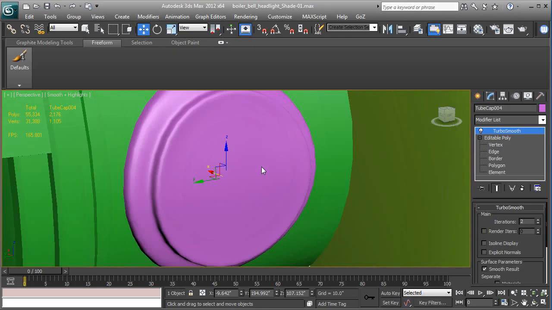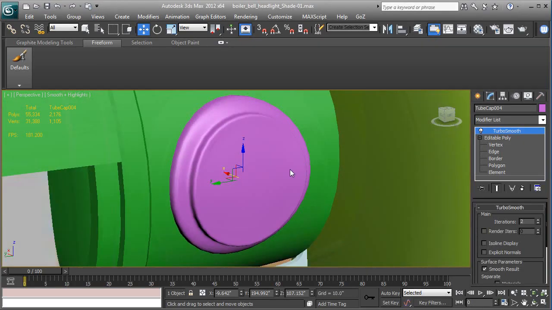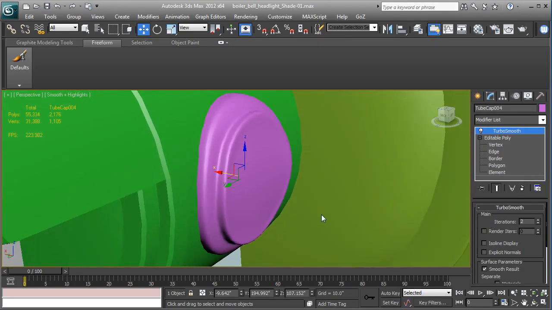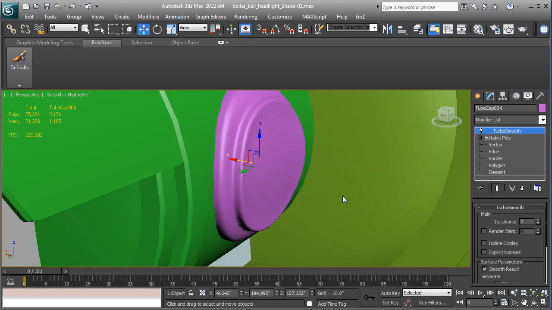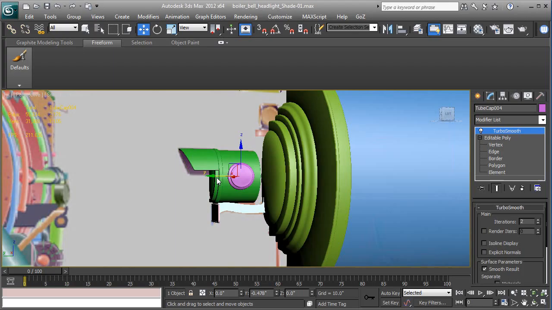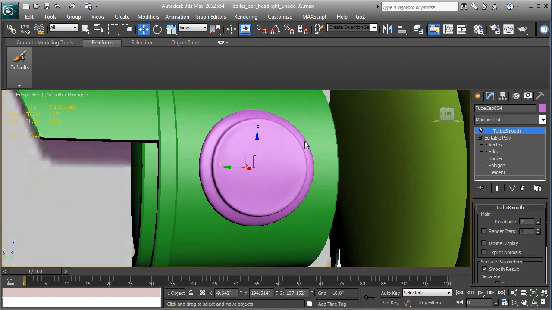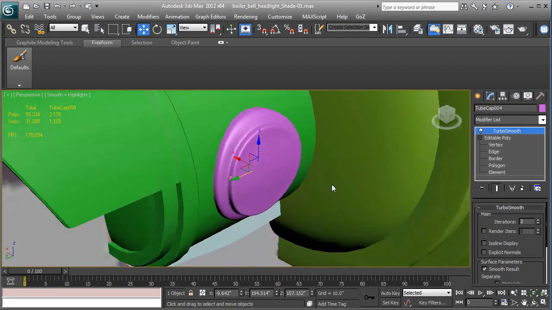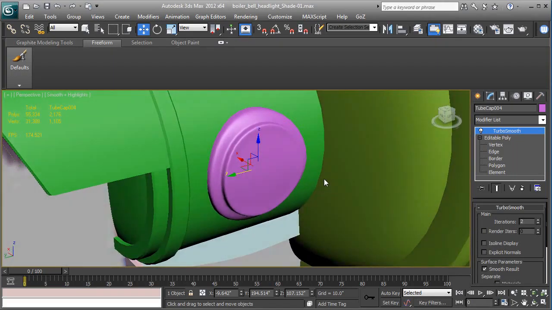If you wanted to, you can go further. You could add hinges. Again, I think we have to prioritize and say what's important to have detail and what's not. If we back out a little bit, that's a nice looking model from this distance. We could add hinges and stuff if we're going to be this close to the headlight, but I don't know that we are. So let's just call that headlight